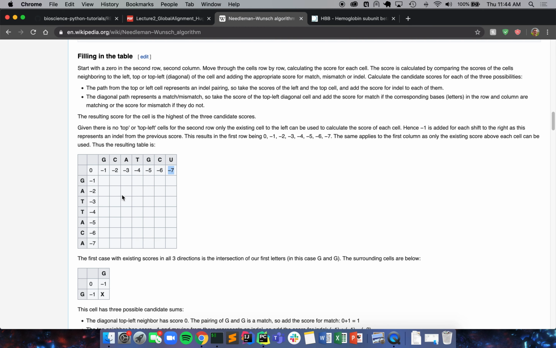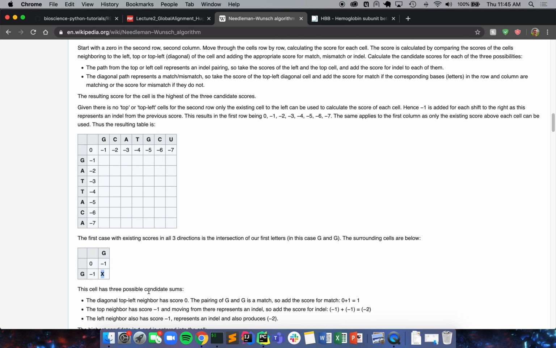Okay. Now we take a look at this first problem. We take a look at X. We want to say we'll go down and to the right based on anywhere we can get to this space from that's going to give us the highest score. So the way this is going to work is that we have two G's here, both of which have -1 cost for this gap cost in our alignment. Or we could move down into the right and get a +1 score because the two G's align in this instance. So we're going to move down into the right in this case